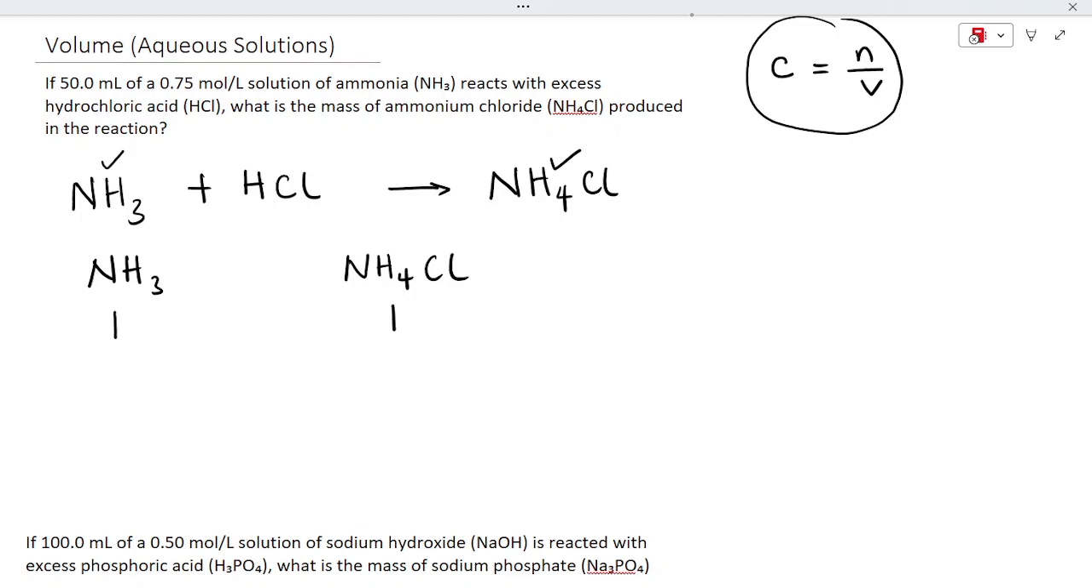So what do we now do? How many moles was given in the question? We're not given the number of moles, but because we are given volume and concentration, we can get it. So we know that concentration equals number of moles divided by volume. So therefore, number of moles will actually be concentration times volume. That simply means that the number of moles of ammonia is going to be 0.75